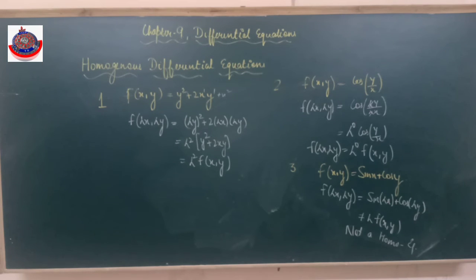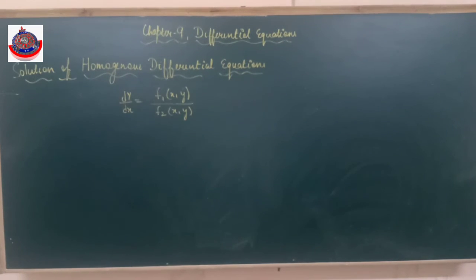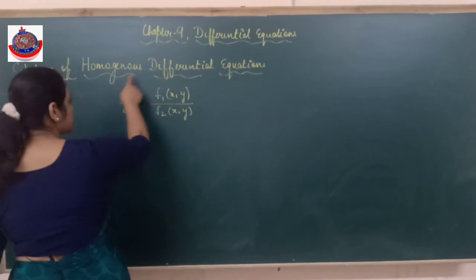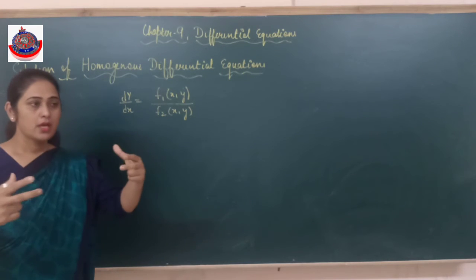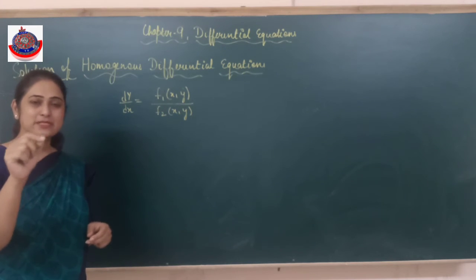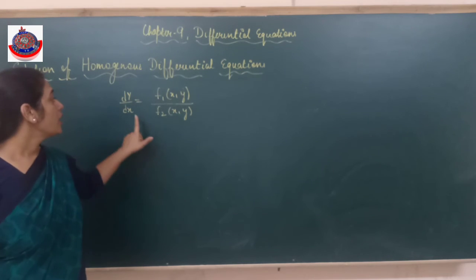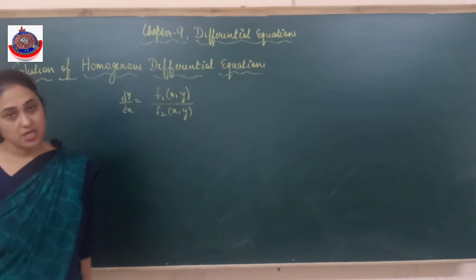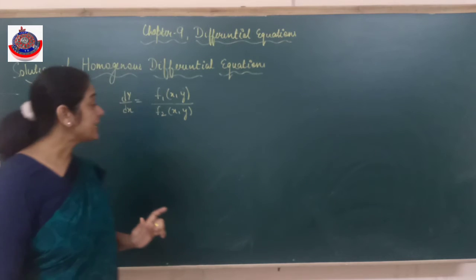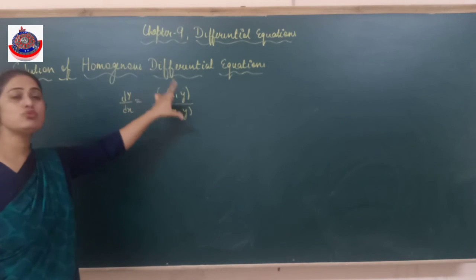Then we say it is a homogeneous differential equation. Alright. Now we will do the solution of homogeneous differential equations. Now see what we have to do. How are we going to solve a homogeneous differential equation? Say the differential equation is given in whatever form, suppose it is 2x plus y dx plus sin x dy is equal to 0. First of all, it has to be in this form: dy upon dx on one side and the rest of the function on the other side. That is the first step. Is it clear? It should be in the form of dy upon dx is equal to sin.